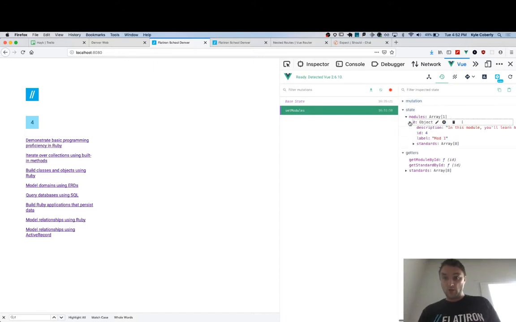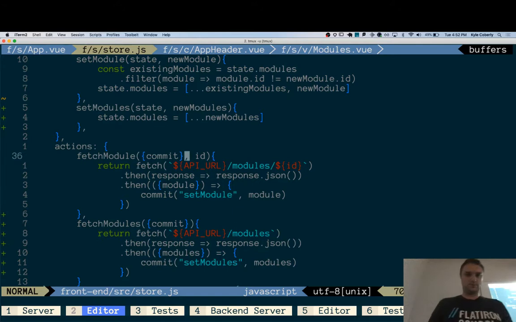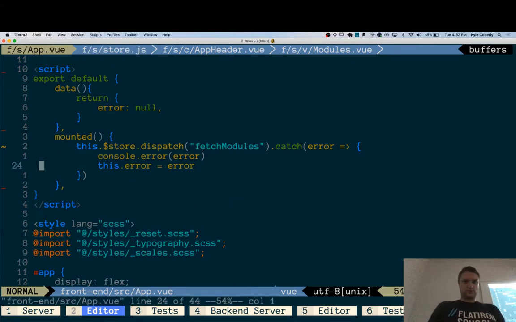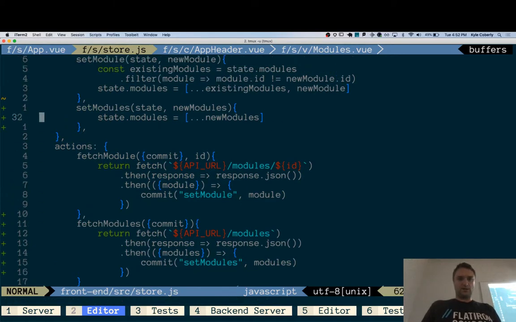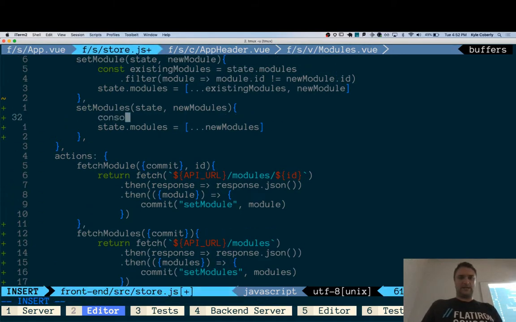Modules. No, only one of them is loaded up. Well, that doesn't help. So is fetch module still happening somewhere? Am I